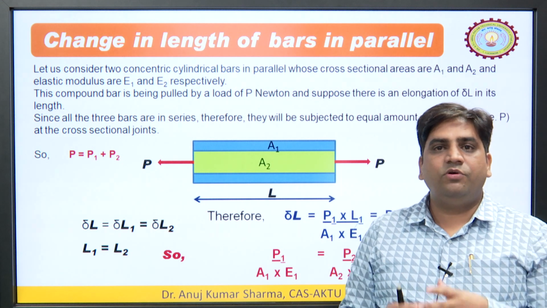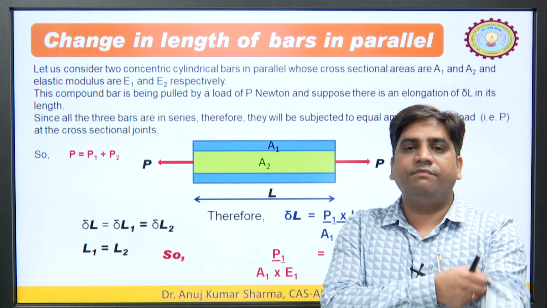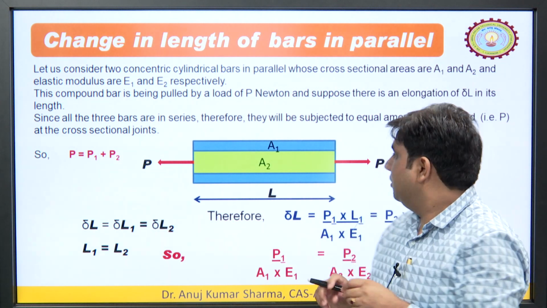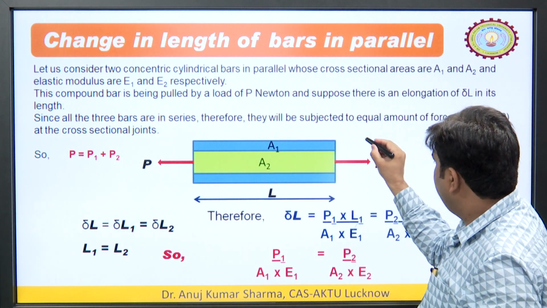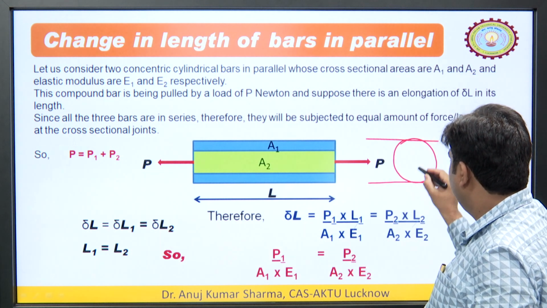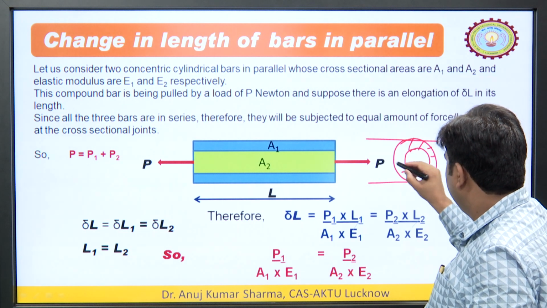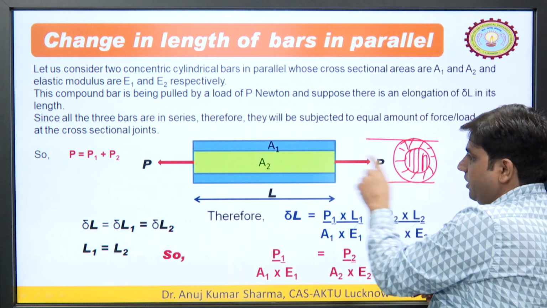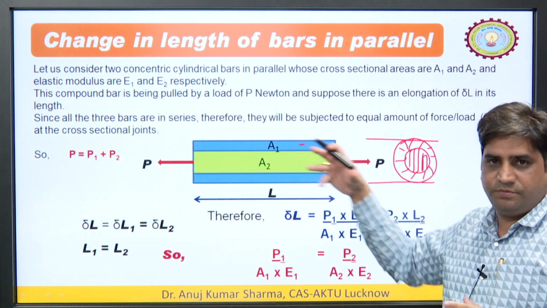Now, if we talk about rods in parallel, parallel means just like the refill inside a ball pen. So these two are concentric rods. This is the parallel combination of the rods. If you see the cross section of this, it may be the outer material and it may be the inside material. This material may be green, this material may be blue. So this is a cross sectional view of this particular rod.